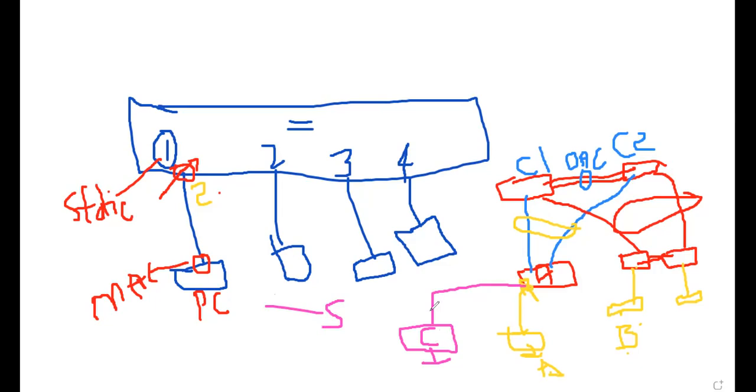So this NIC card will not show as connected because it is shut down. Therefore, the end user will have a chance to notice, yes, this port is not working because I cannot see connected.